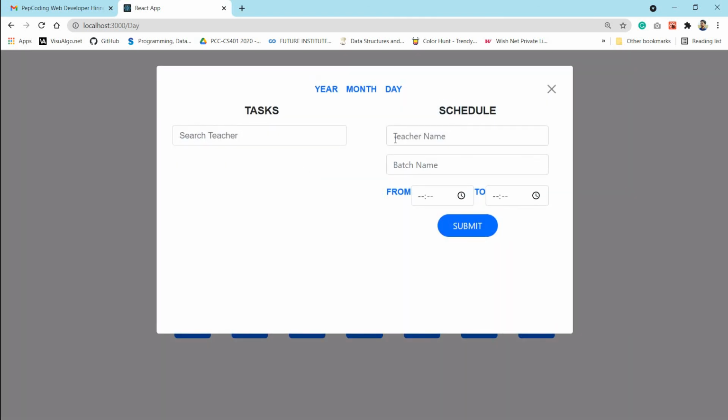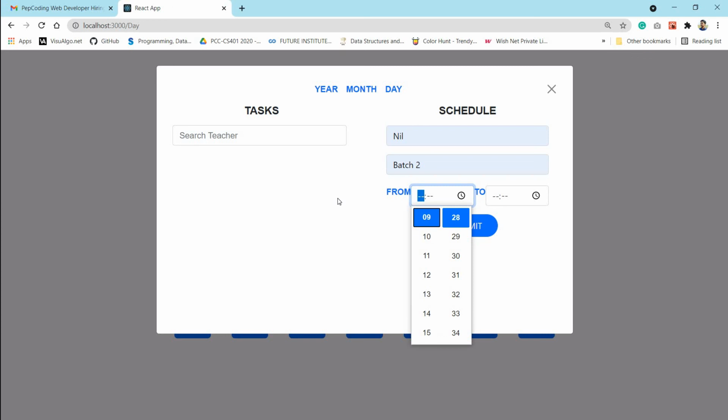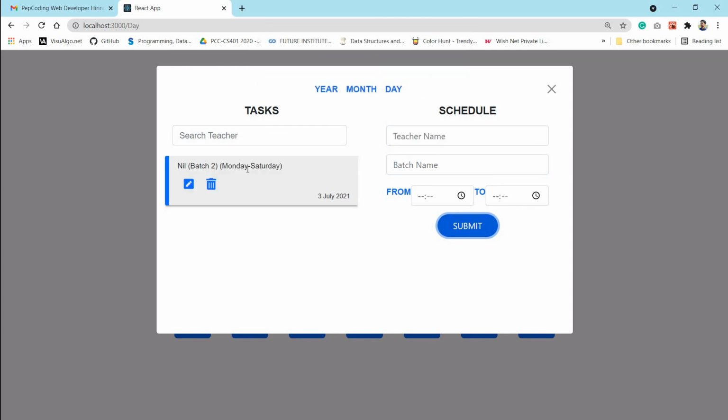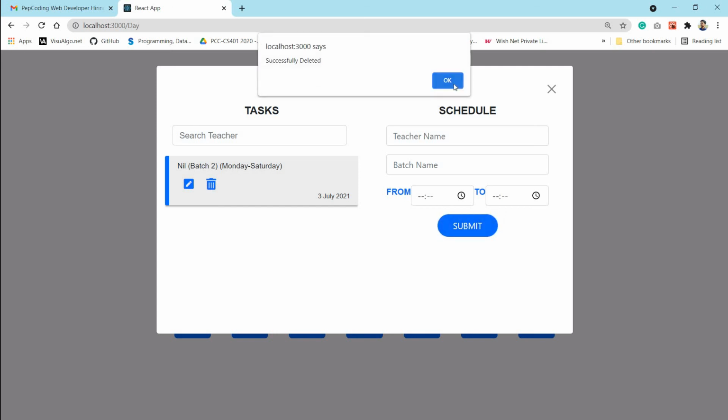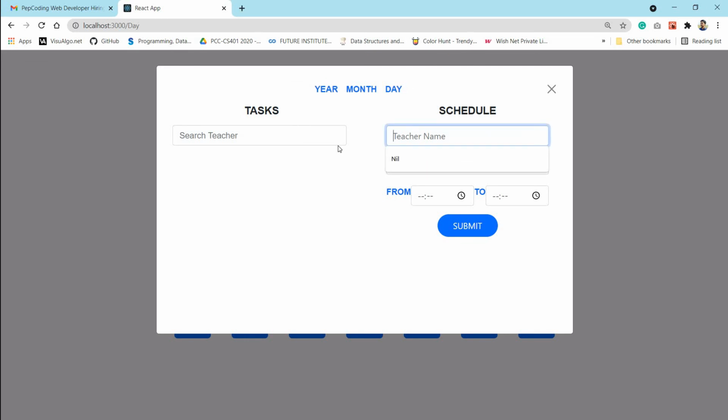You can also update it on the basis of July as well, like batch name, batch 2. Just 1 minute. Like we can also schedule it weekly as well. We can schedule it weekly by not clicking any of the buttons. See, from Monday to Saturday, this batch is going to be scheduled, depending on the time slot and anything. We can also delete it. Even we can also update it.